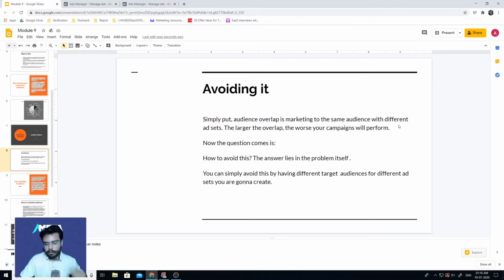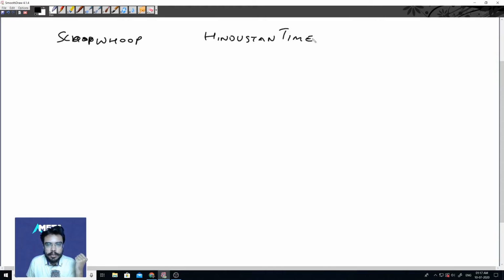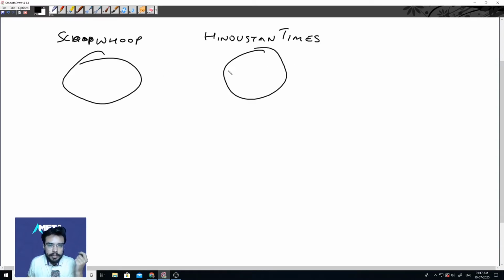Now, let me use my pen and tablet to tell you how this may happen, okay? Let's go back to our Scoop Whoop and Hindustan Times example. So I'm trying to target people who have an affinity with Scoop Whoop and people who have an affinity with Hindustan Times, and we know that both of these have a certain intersection. Let's just try to determine this intersection like this. This is my audience A, this is my audience B,